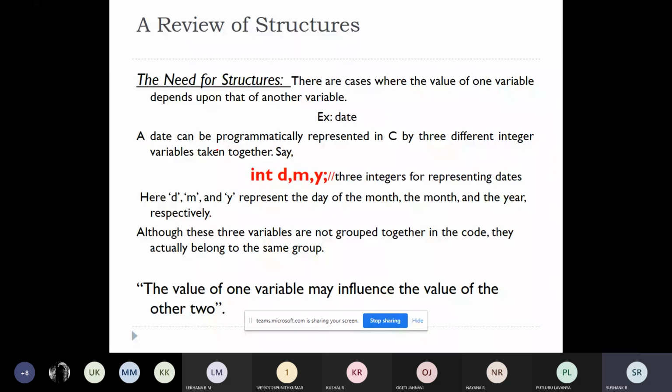We will see how it is useful and what the drawbacks are. What if someone tries to modify the data? You know that the date will be from 1 to 31, in the month of February it will be from 1 to 28, and the month is from 1 to 12. If someone somewhere in the code writes code where the date becomes 95 and the month becomes 75, we will check how all those things are tackled and how it is done.